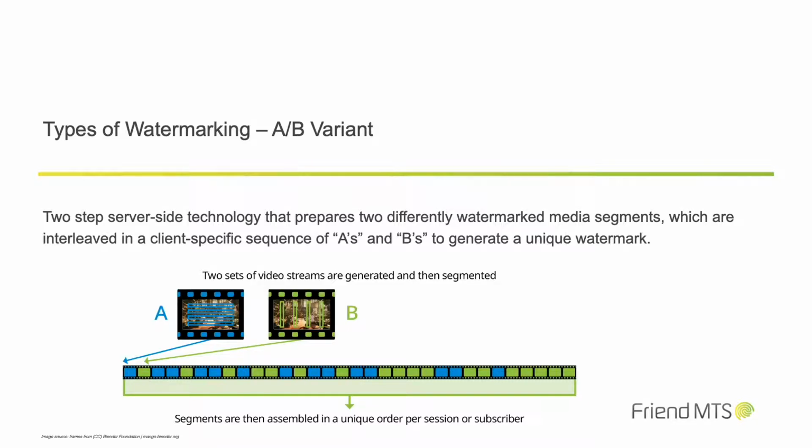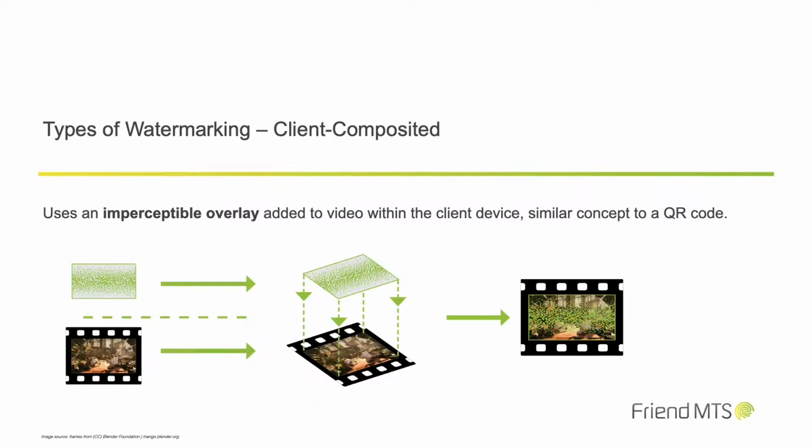You can consider here that the payload, which for instance uniquely identifies the subscriber, is spread out across the timeline of the video. Also, I like to think of this as old school Morse code. And if that makes you think about the time it takes to convert incoming dots and dashes into words, then you're not far wrong with the uniquely watermarked stream. In order to deliver this, you obviously need to pre-prepare the video segments with two variants. That means you'll need extra resources during encoding and extra storage space. Then multiply that by your adaptive bitrate ladders.